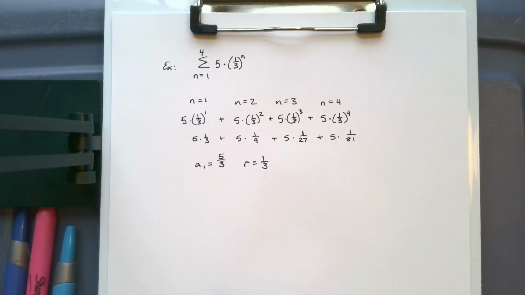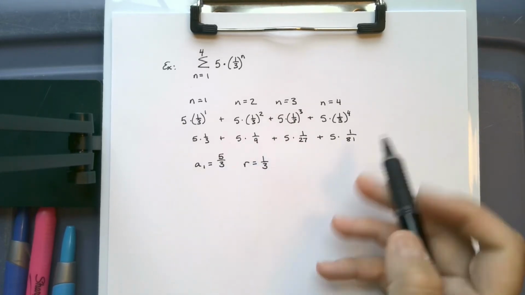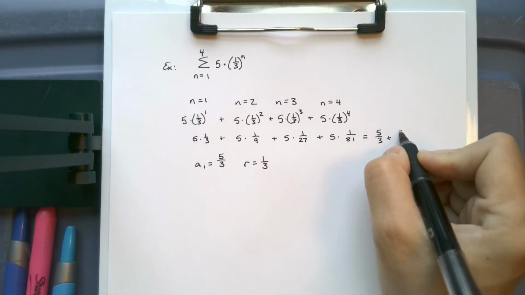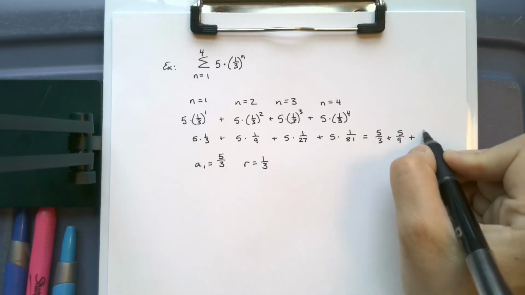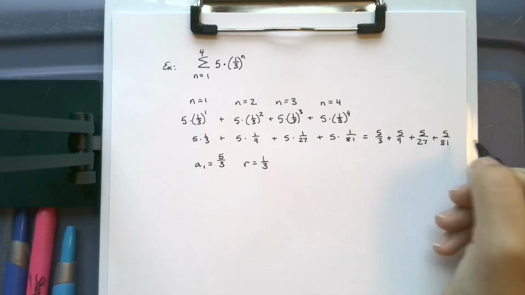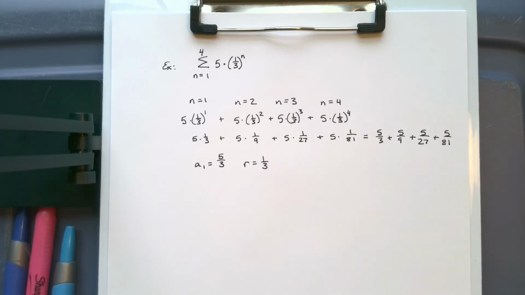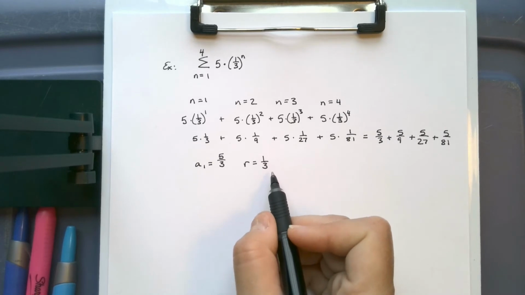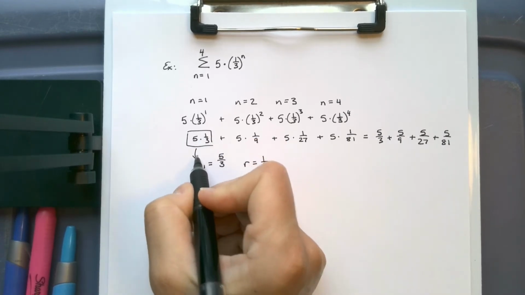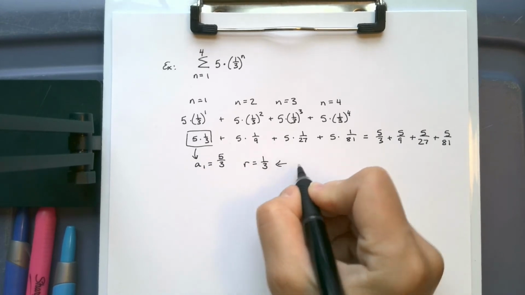You can write these out and very easily say 5/3 plus 5/9 plus 5/27 plus 5/81, and then find your sum that way. That's totally fine. Or you can use this piece of information gleaned from the first term and then the common